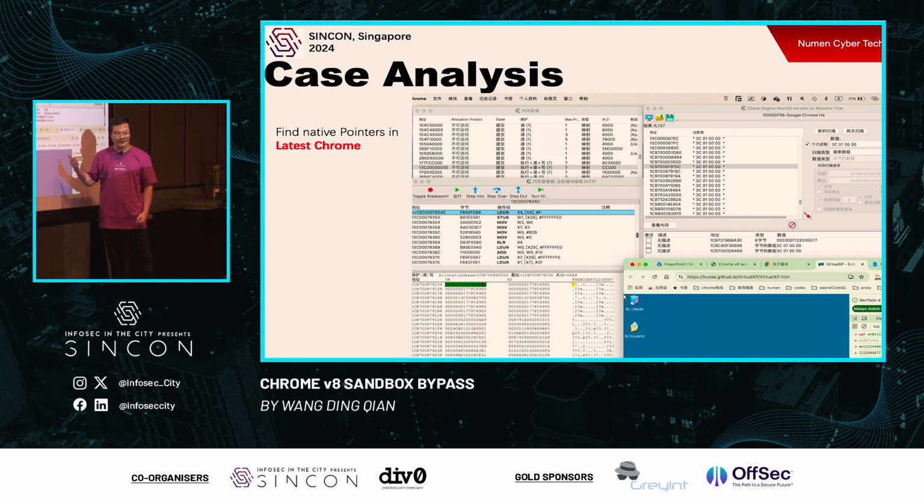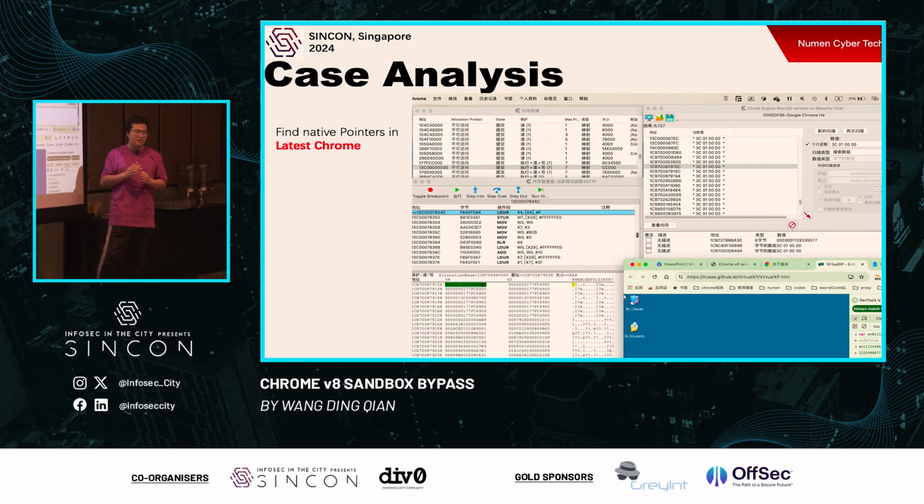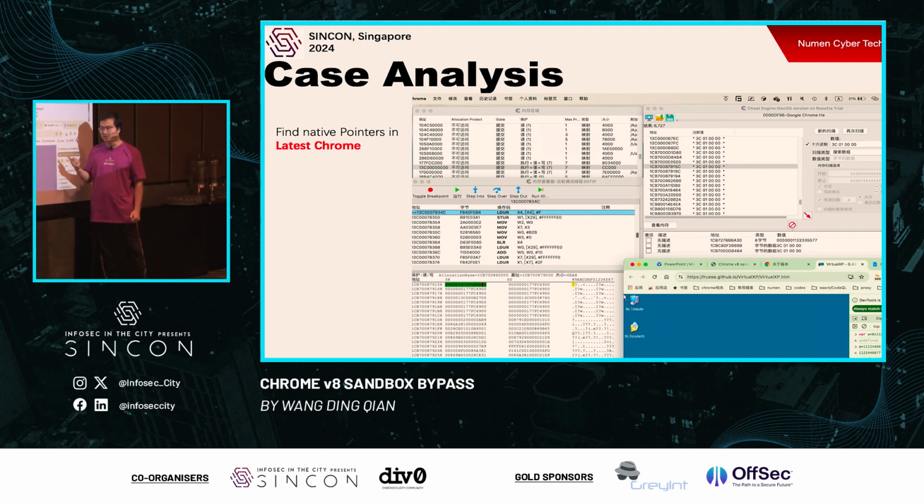So I opened a URL, and this URL uses WASM to load the whole Windows XP system. I'm wondering whether Google can treat all of the native pointers okay if we load a whole system. Because when we use XP, everybody knows we compile software and do a lot of things, and it is very sophisticated.